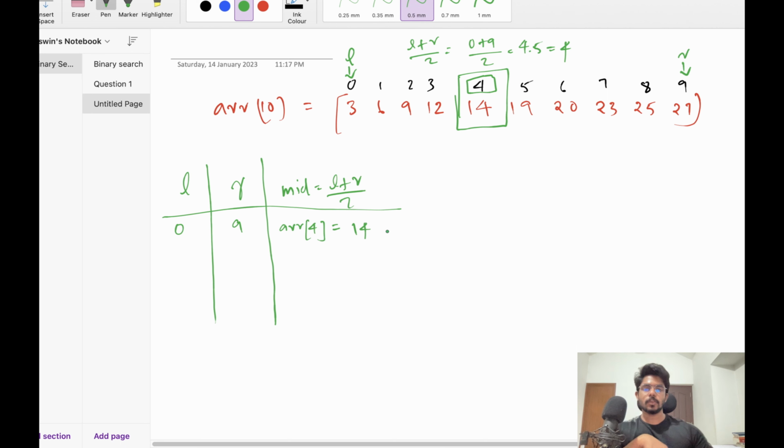We know the element that we are searching for, which is k, is equal to 12. We have to search if 12 is present in this or not. So we know 12 is lesser than 14, which means go to